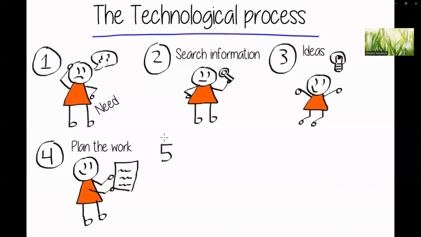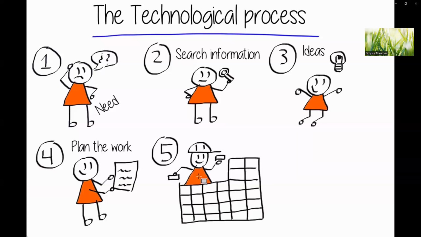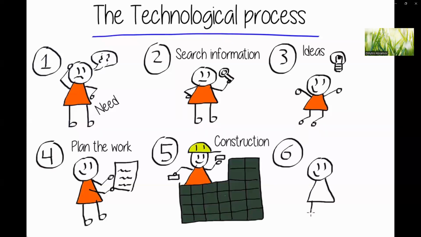Number 5. Construction. Here, you must follow the instructions written in the process sheet and take notes of any problem or modification that you can find. 6. Check. Verify that everything works as you want. Evaluate yourself. Return to the idea and check all the steps. If it doesn't work properly,